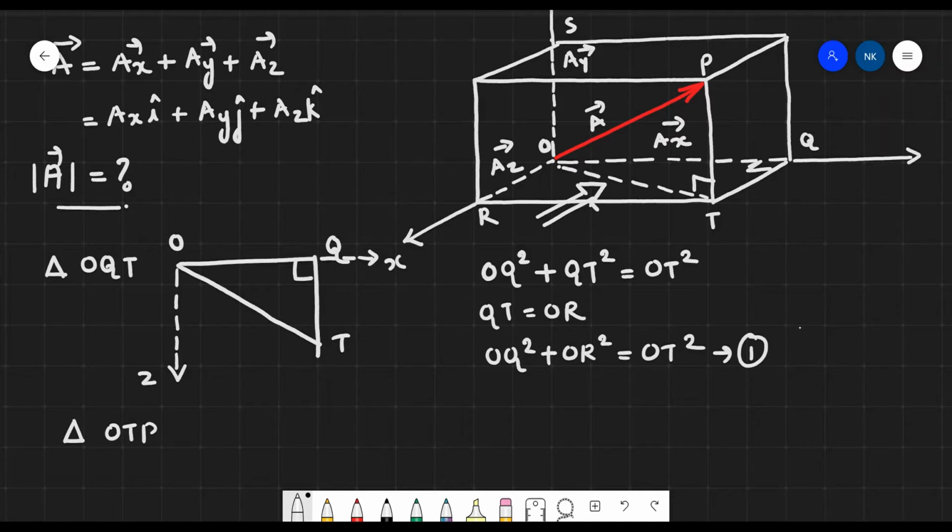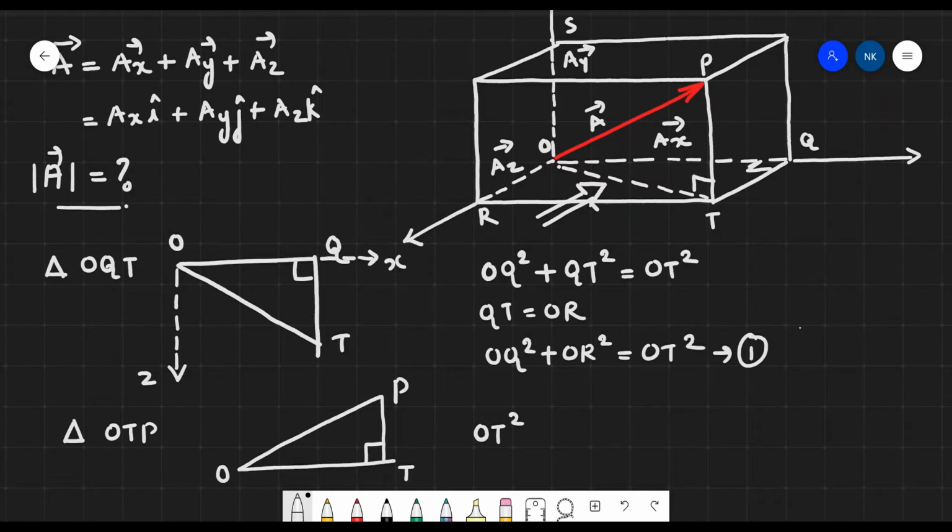This has to be the face-on approach. Alright, so there you can see the triangle in this way. This is O, here this is T, and here this is P. This angle is 90 degrees. Considering the Pythagoras theorem over here,